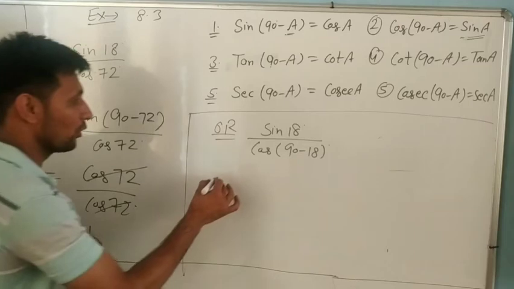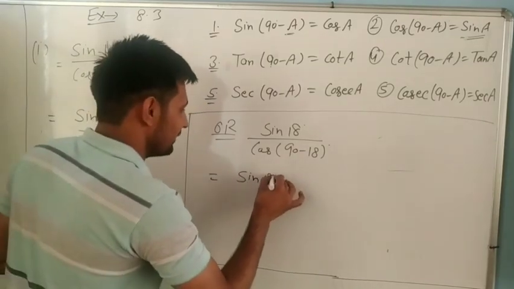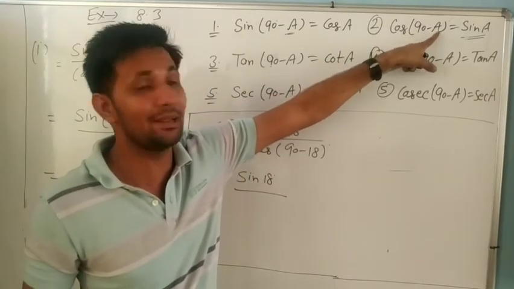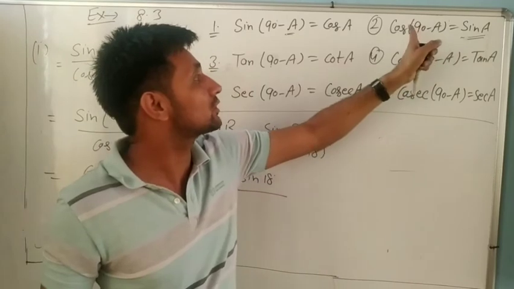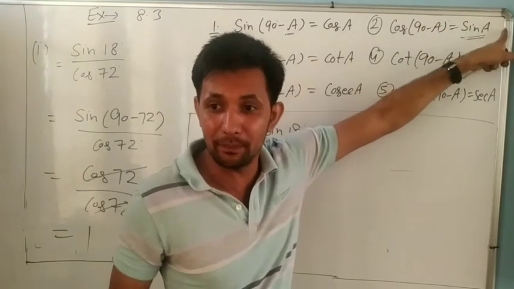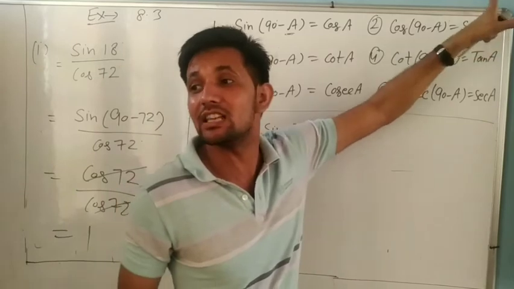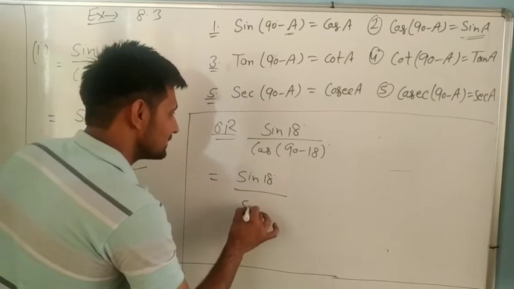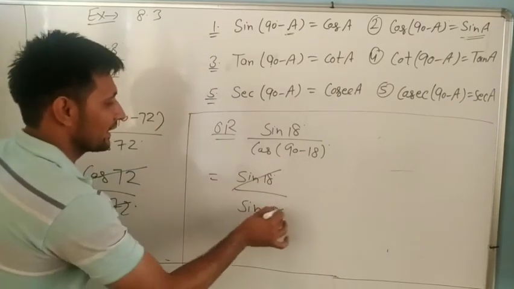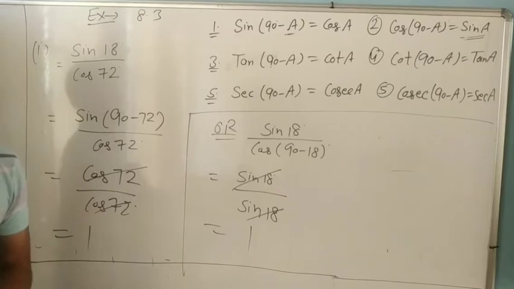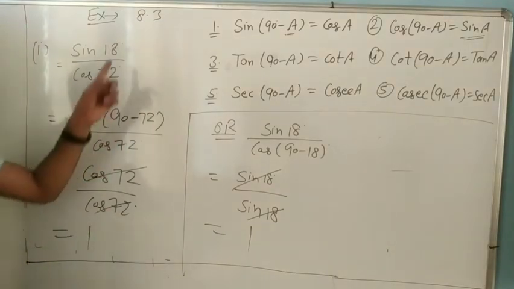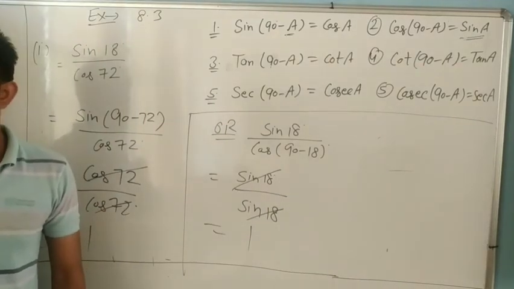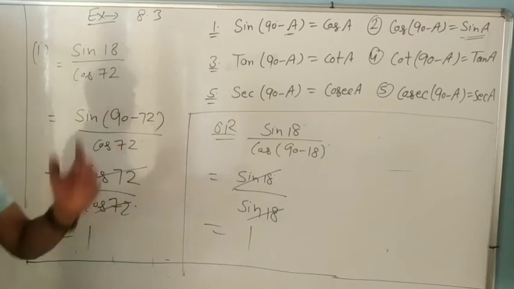72 or not? Now look at sin 18 and cos of 90 minus some angle. Cos 90 minus A is sin A. Cos 90 minus B is sin B. Cos 90 minus C is sin C. But here what angle are we subtracting? 18. So it is sin 18. Sin 18 cancels, answer is 1. Always remember dear, whenever they are divided, the answer will come 1. Definitely, every time. Okay dear? Understand or not?